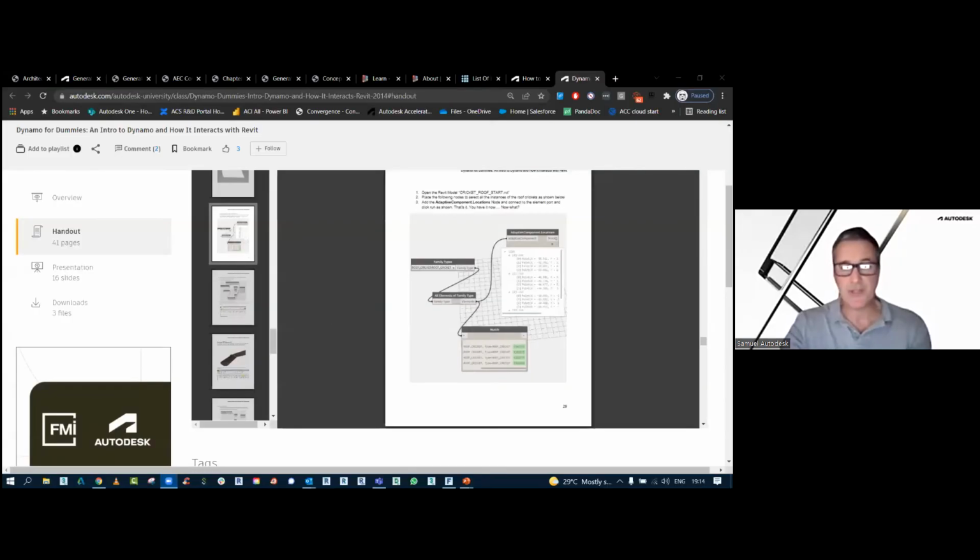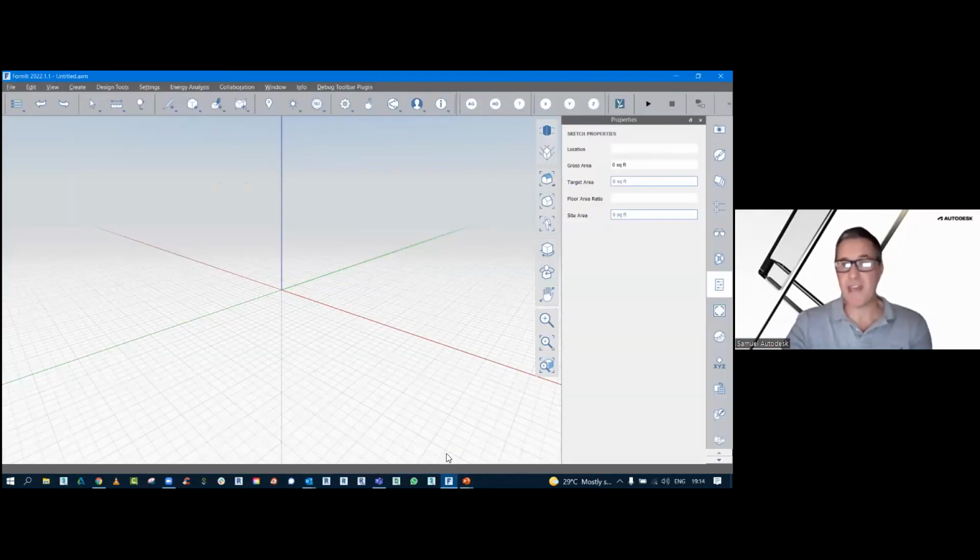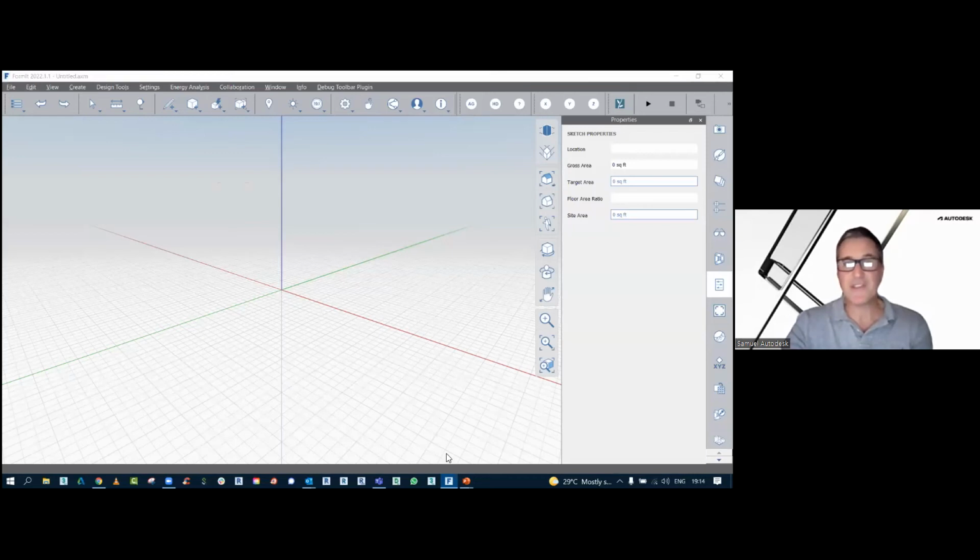We do have partners around the world who provide more bespoke training. If you're really wanting to get into it, it can be a bit overwhelming. If I just quickly share my screen again, for anybody wanting to understand it from scratch, this is Format, and Format allows you to leverage Dynamo scripts.